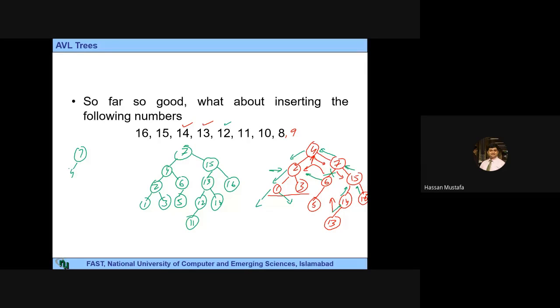7 root पे है, 4 उसके left पे है, 2 उसके left पे है, 1 उसके left पे है, 3 उसके right पे है, 4 के right पे 6 है, 6 के left पे 5 है, 7 के right पे, अब यहाँ rotation है। Rotation करूंगा तो यहाँ पे मेरे पास आ जाएगा 13, 13 के right पे होगा मेरे पास 15, और उसके नीचे होगा 16, और 15 के left पे मेरे पास होगा 14। ठीक है जी, ये 14 जो है यहाँ से दूसरी side पे चला जाएगा। अच्छा, 13 के left पे मेरे पास है 12, और उसके left पे मेरे पास है 11।